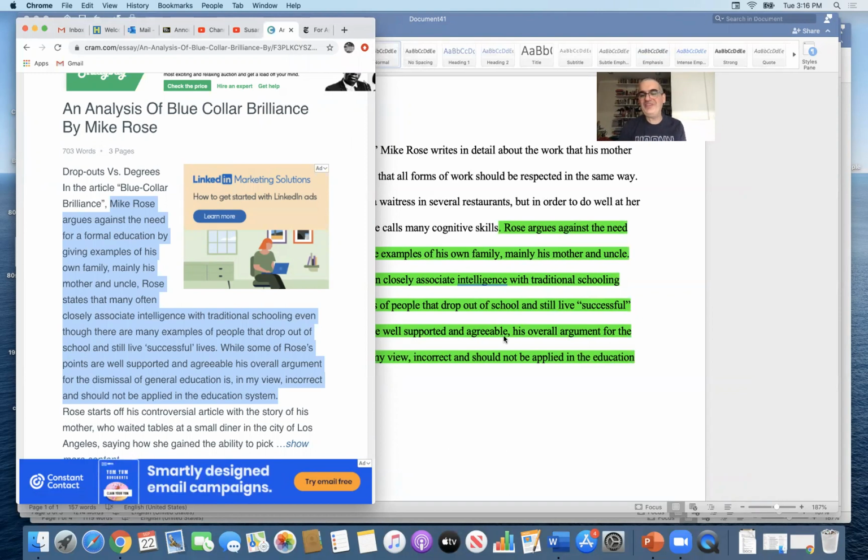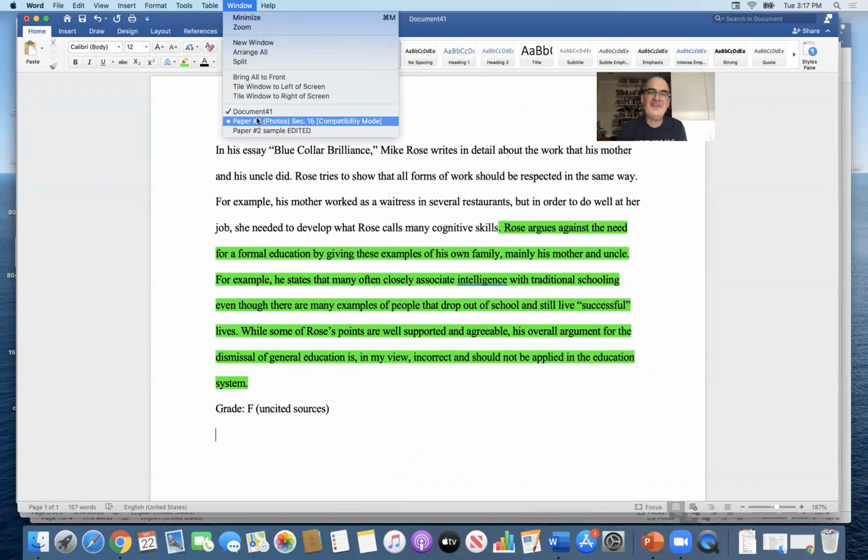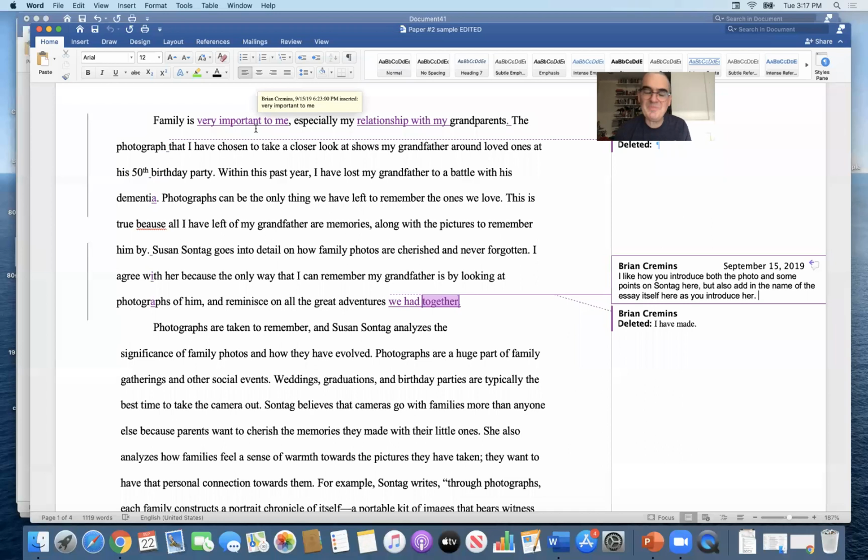Let me get away from this topic and show you something a little bit more encouraging that's related directly to our assignment. I have some sample papers that I kept from last year that were excellent. And I want to show you one from last September around the same time. So as you can see, these students were working on this topic around the same time that you're working on it this semester. And this is a student I had last fall who did a very nice job, but I found her